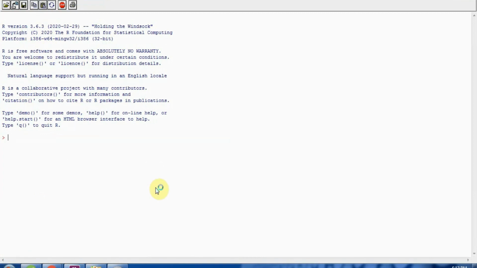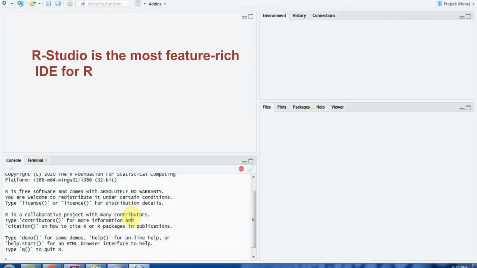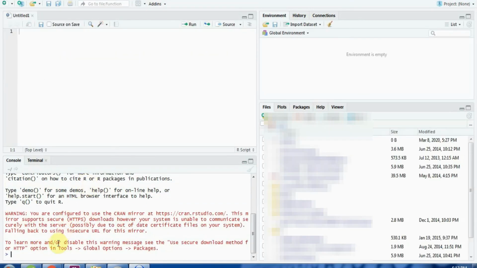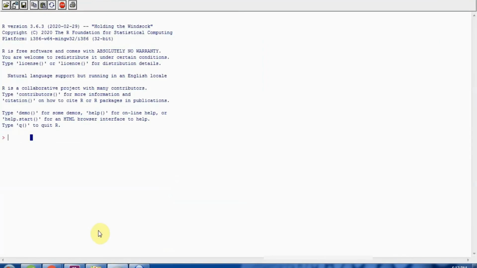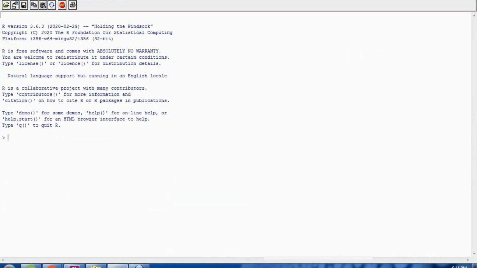So now, as we talked about, the major difference between R and RStudio is that R is a programming language. So this R console is used for programming. However, as I mentioned earlier, you cannot install RStudio without R installed in your system. RStudio uses R, and it's just a fancy platform to execute the R files. So you can work on R without installing RStudio, but you cannot work on RStudio without installing R. So that is the difference.